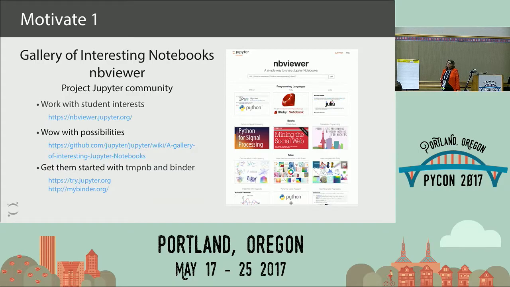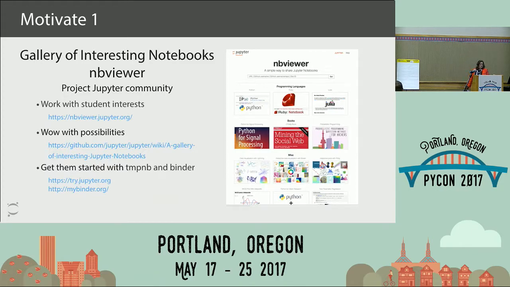What we're going to first talk about is that motivation level. And one of the things that we provide as a project is a gallery of interesting notebooks. And you don't have to scribble really frantically. I will give you the slides later, probably not until tomorrow morning because I want to check the attributions.